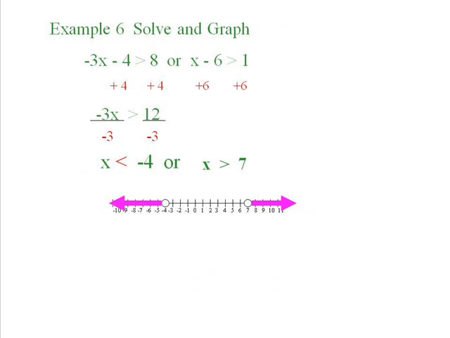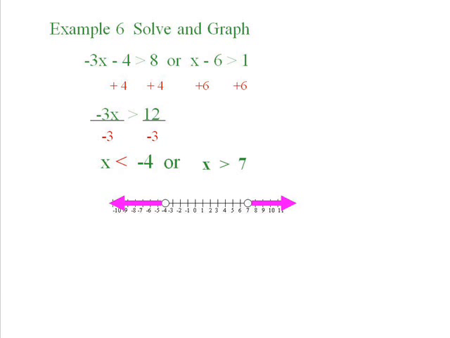Finally, we are going to solve and graph an inequality, a disjunction. Let's start with -3x minus 4 is greater than 8, or x minus 6 is greater than 1. First, we will need to add 4 to both sides to solve the first inequality. Adding 4 gives us -3x is greater than 12. The next step, we divide by